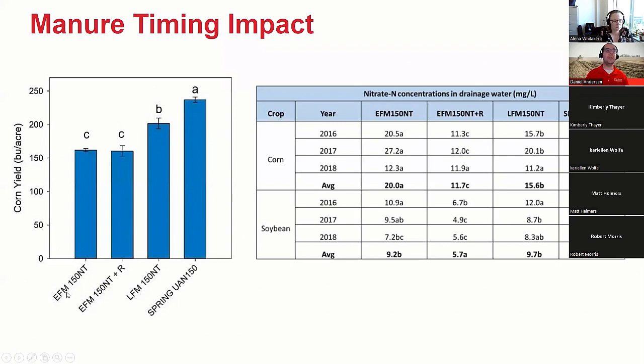EFM, early fall manure. That's roughly the beginning of October after we get the preceding soybean crop out. Early fall manure with a cover crop. You don't see too much yield difference there. It yielded about the same when we were early. It did have a little more yield variability. That first year we had less yield. The next 3 years we out yielded our control without cover crops. So potentially seeing some return of that residual nitrogen, helping boost some of that yield.